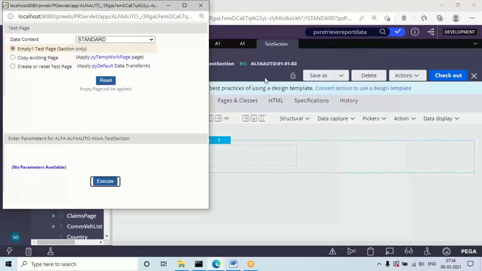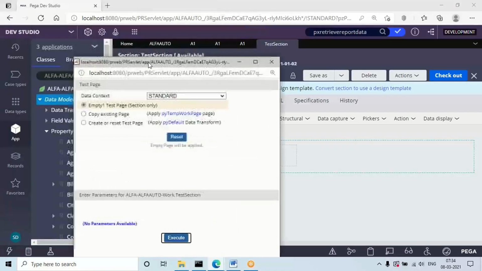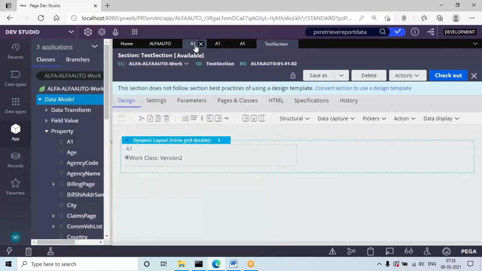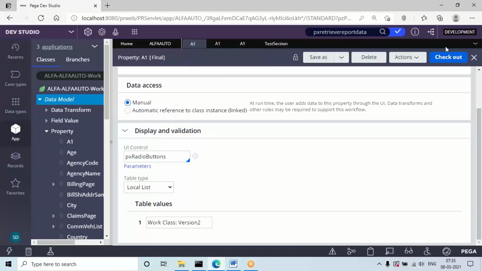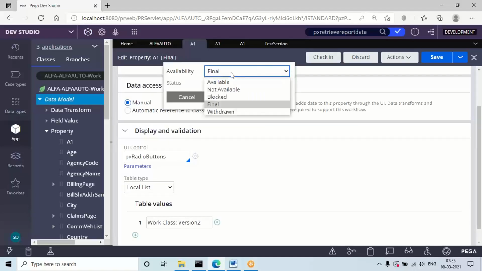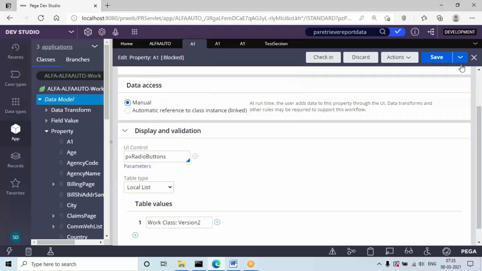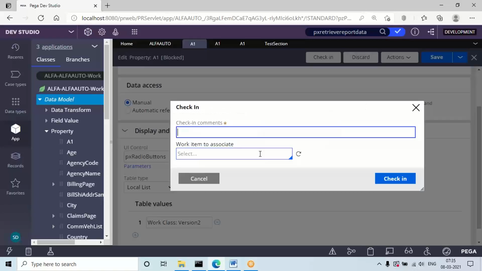And the other one is block. So if I block the rule anywhere, I'm going to block the latest version rule. If you block the rule in any version, it will not read any rule from lower versions or from other classes. If you have the same rule everywhere, the rule will be blocked. If I block in one place, the rule will be blocked everywhere. Now if you execute the section, it will not load the property. Any property will not be loaded from any version.